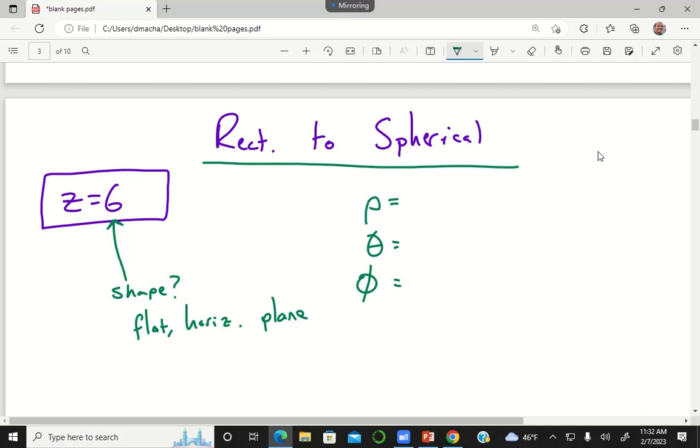I'm going to try to remember for a moment what these formulas were. So rho is the square root of x squared plus y squared plus z squared. Tangent of theta was y over x. And then phi was,